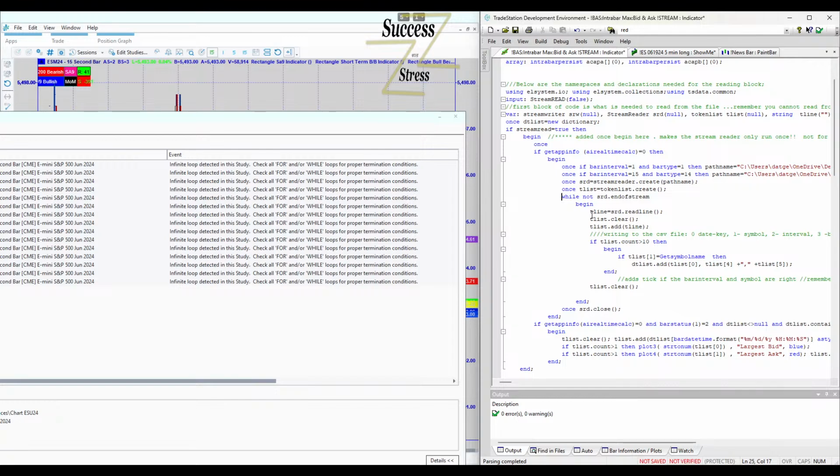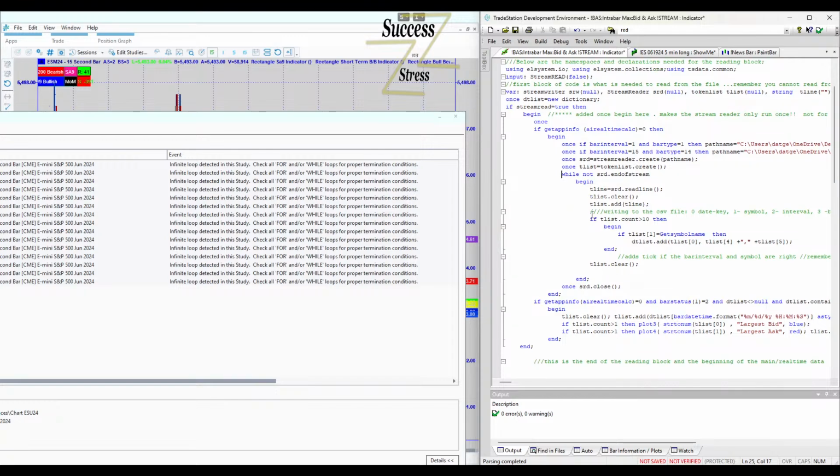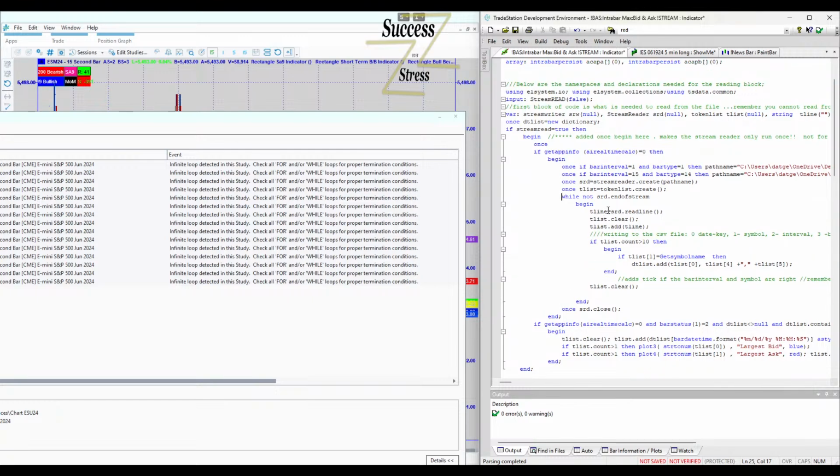Because whether I had once there or not, whether it ran multiple times or just one time, if it only ran the one time, then